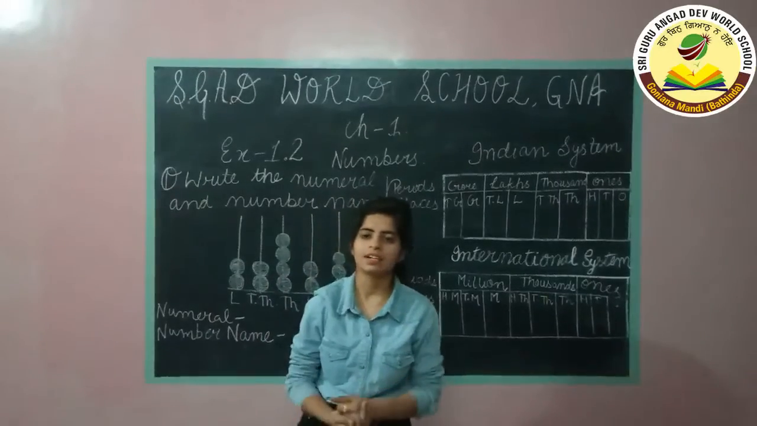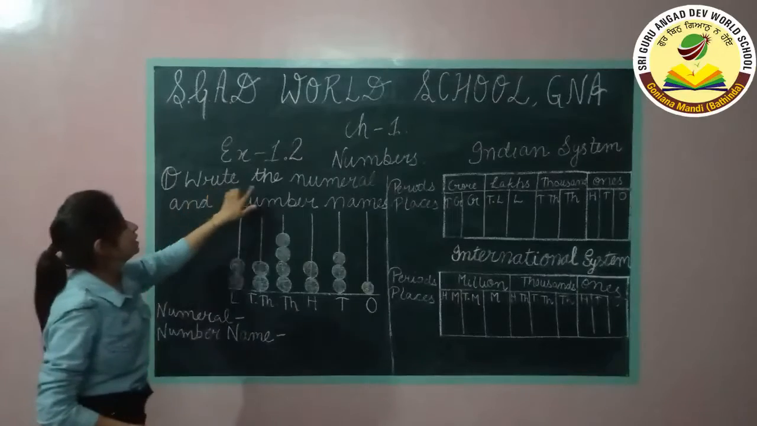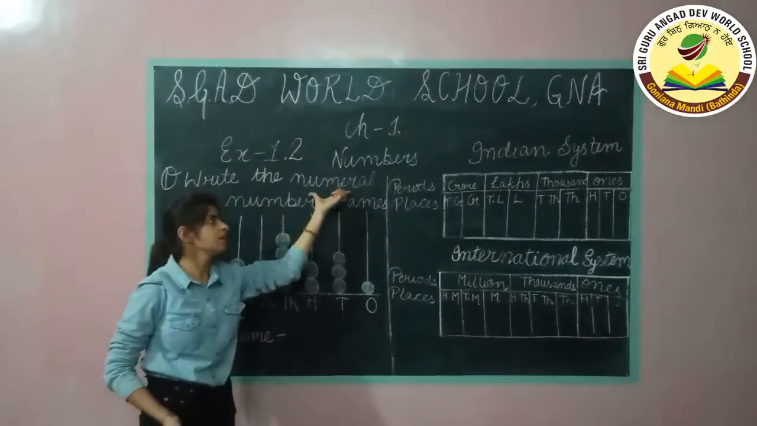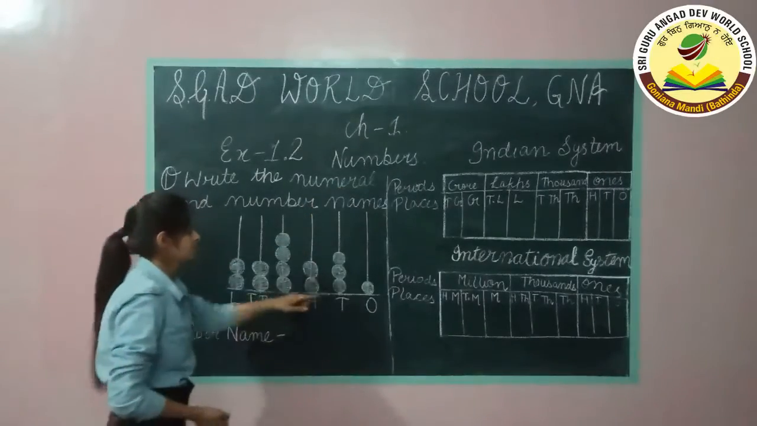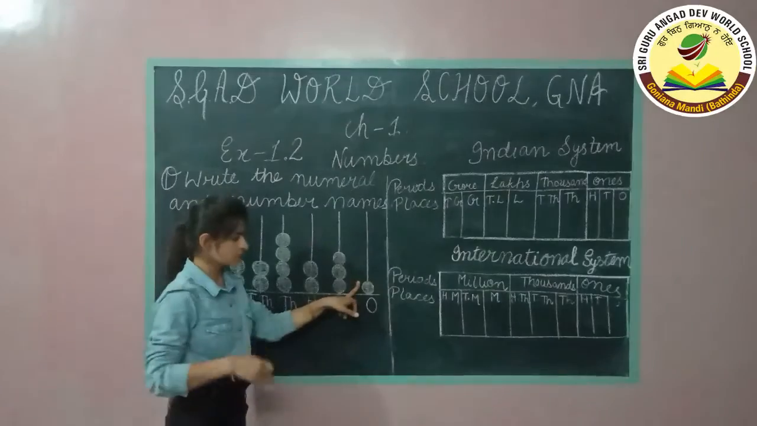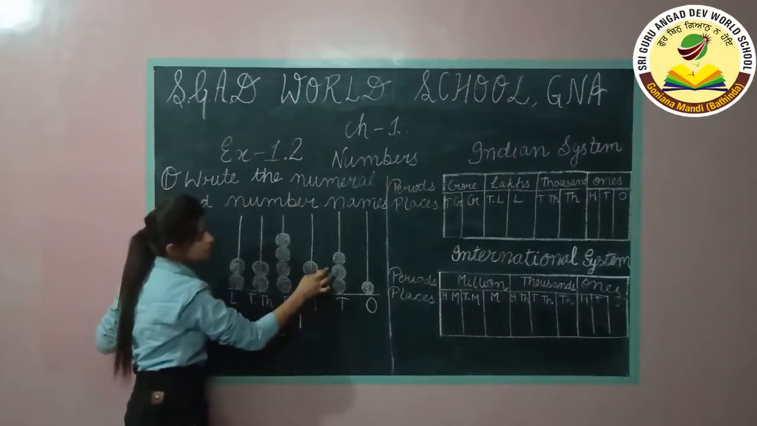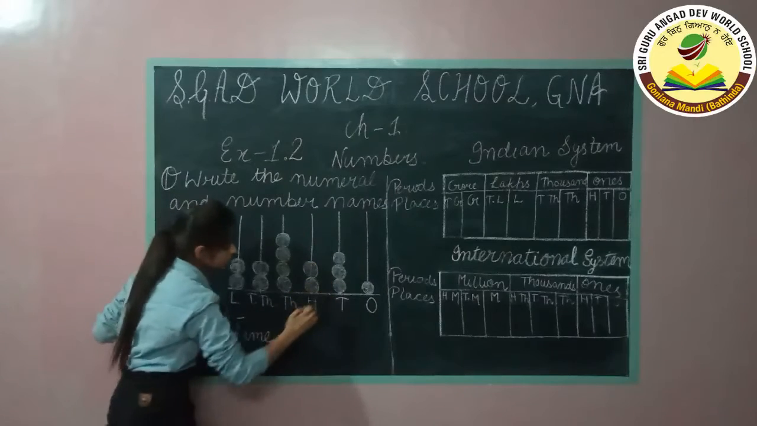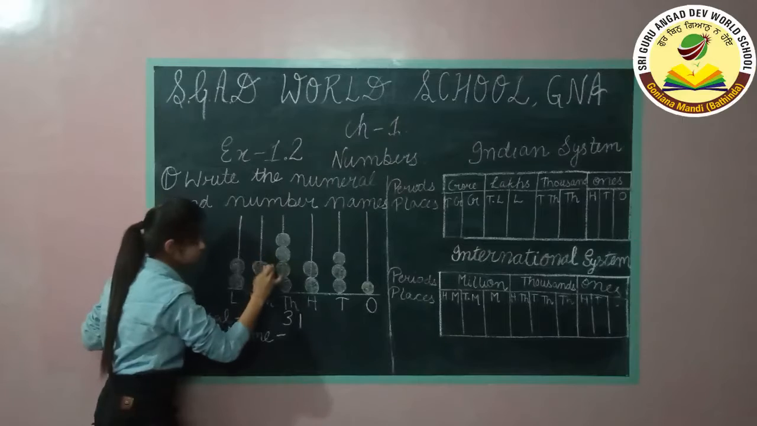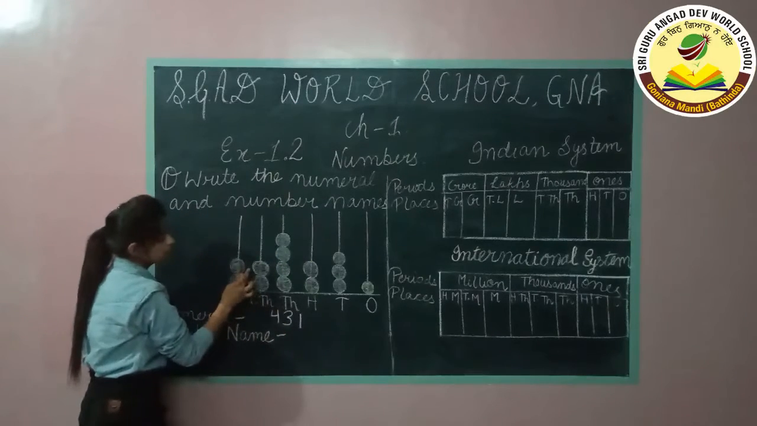Now we start exercise 1.2. The first question is: write the numeral and number name. Numeral means we write the number in figures. At the ones place, how many circles are there? 1. So 1 will come here. At the tens place, 1, 2, 3. The 100 place contains 1, 2, 3, 4. 1000 contains